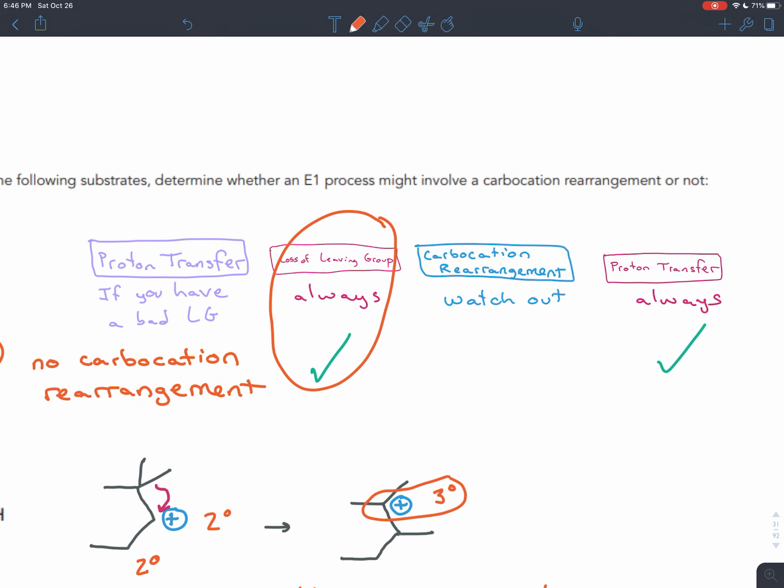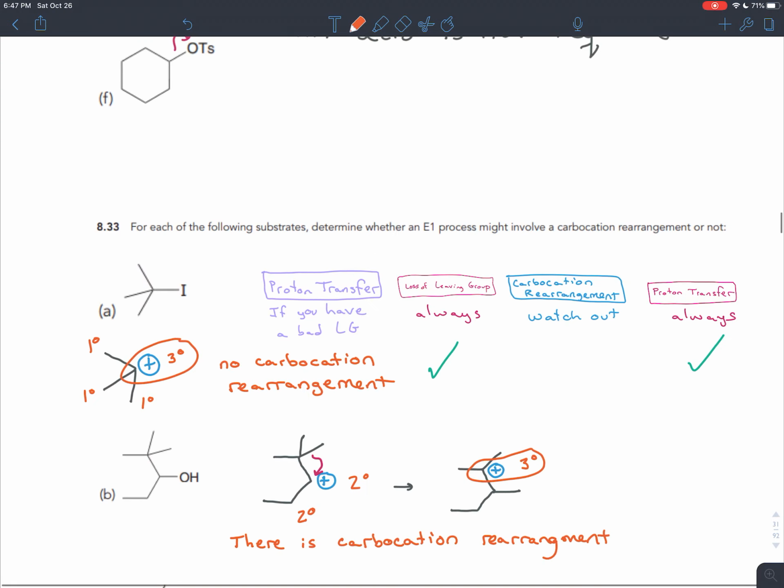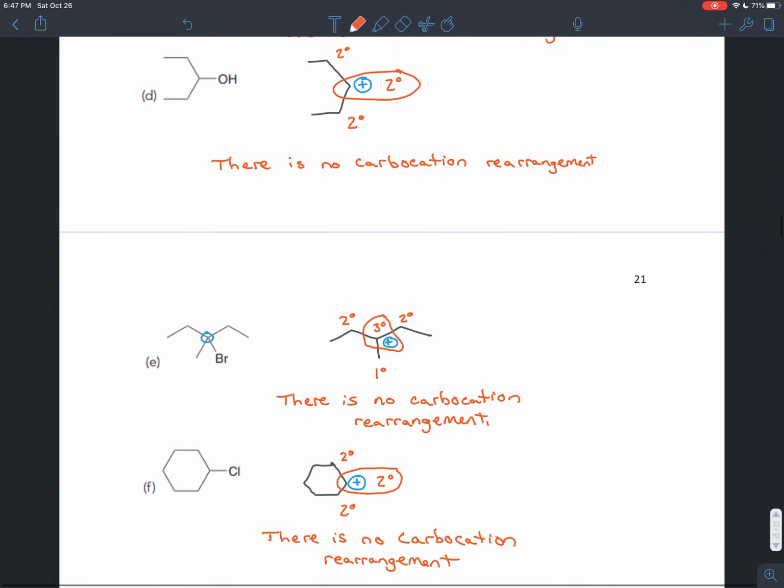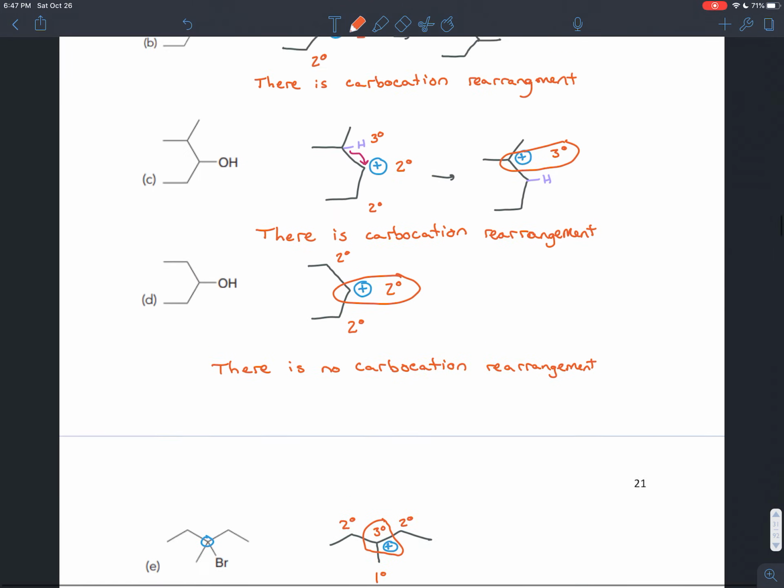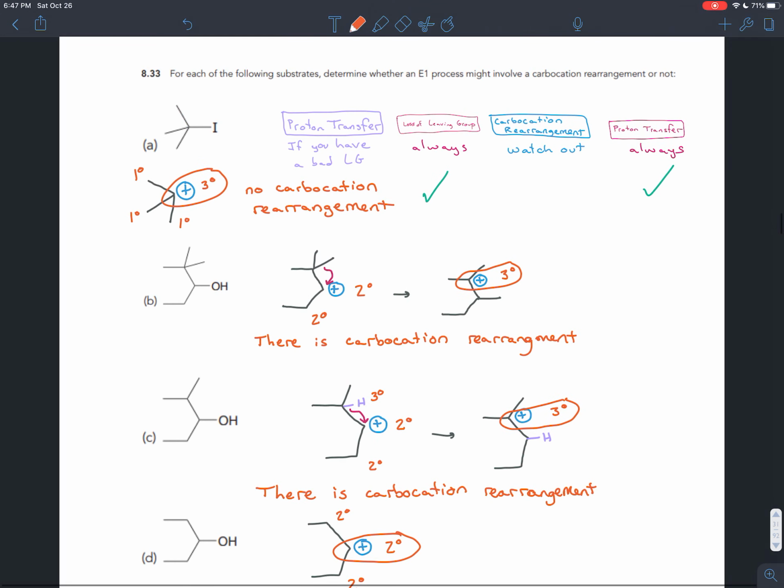So now we've seen all of these steps. We've done previous practice with showing loss of a leaving group and proton transfers separately. We did it in the previous problem. We practiced recognizing when you'd have to add an acid to do that proton transfer. And in this video, we did some practice in recognizing these carbocations. So next time, in the next video, we're going to put all of that together and draw a complete, more complicated